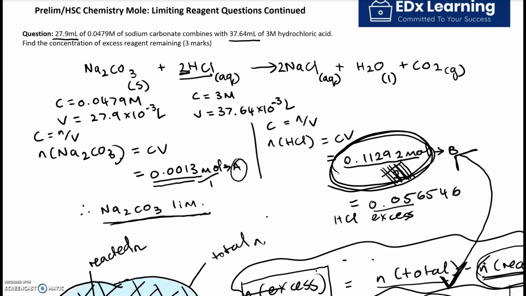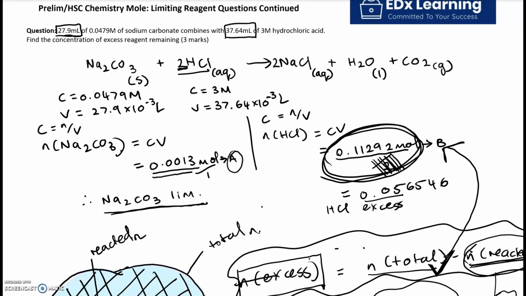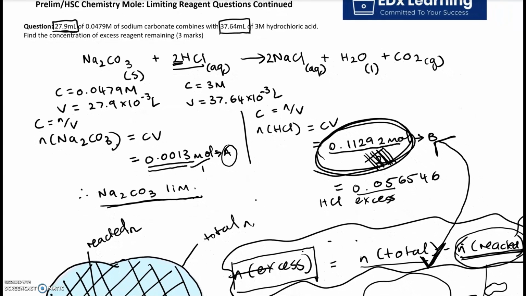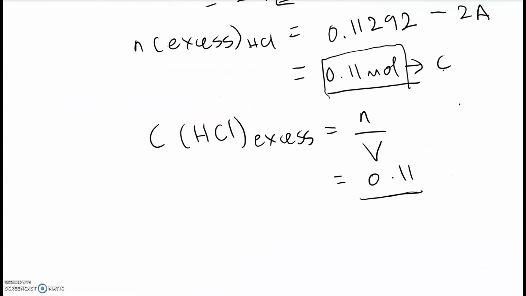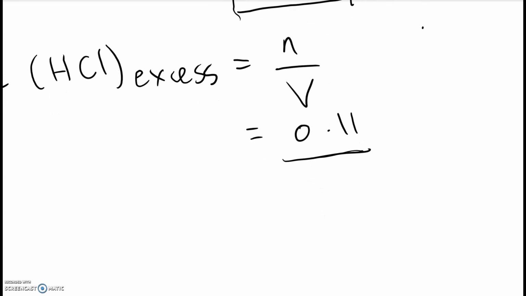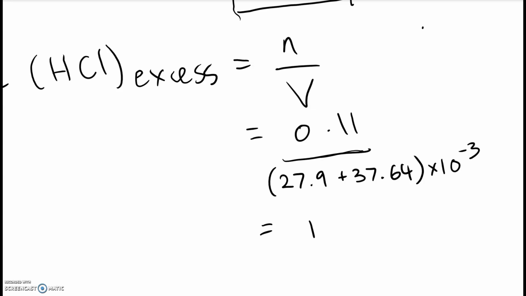The key to this question is that we use the sum of both volumes, because this entire reaction is happening in a beaker which has had this volume of solution added to this volume of solution. So the total volume is 27.9 ml plus 37.64. This is a big silly mistake students make. So let's ensure we do not make that. So factoring that in, our final concentration should yield us